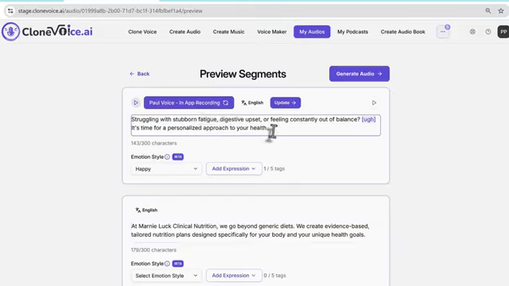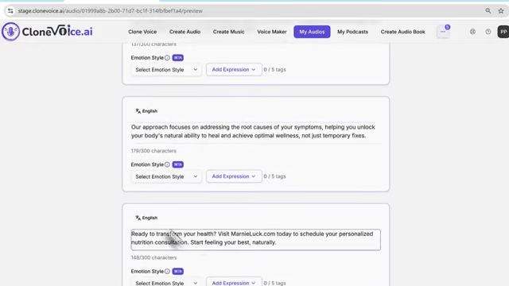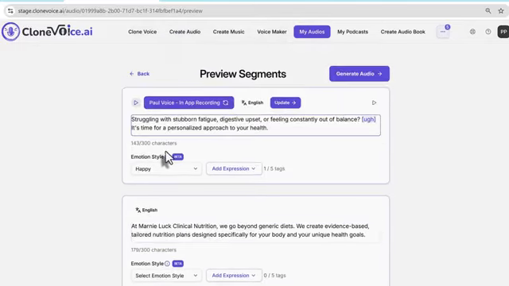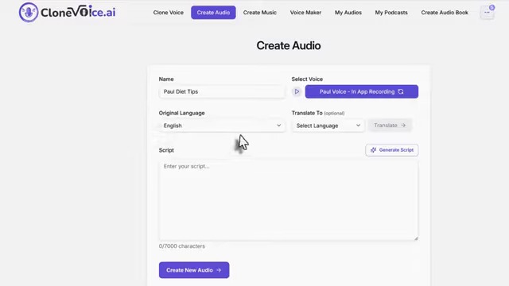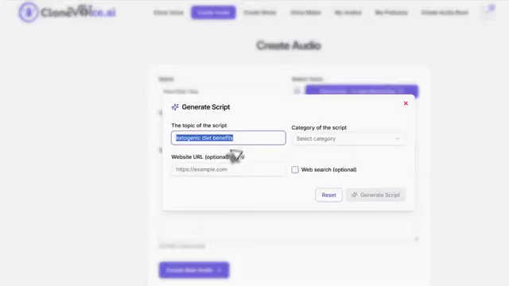The idea is, again, we don't want to put too many so it looks strange. You want to make it natural, just like a podcast or any video or audio we've seen. It looks very natural, right? That's why we've done it this way. And again, you can play around with it across the board. And as you can see here, you have all these other words in here. Now, let me just go back to step number 1 again, for create audio. I want to show you that option where you can generate the script. So you see this, right?